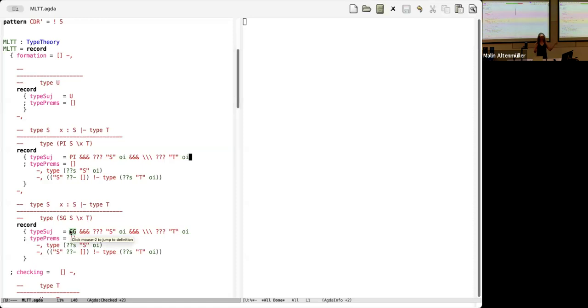So that's just a list of lumps of syntax that represent rules. And what I have to do, I have to say for each type formation rule, the type formation judgment has only a subject. So I have to give a pattern for the subject, and then I have to say what the premises are. So that's what I'm doing here. I give a type for the subject, and there are no premises when I'm saying U is a universe. Here I'm saying